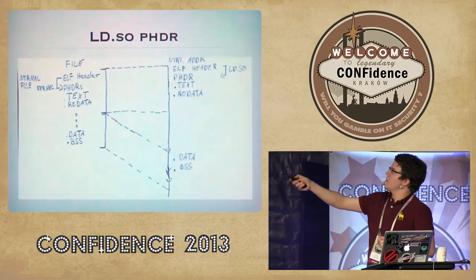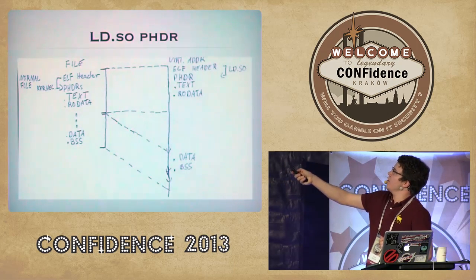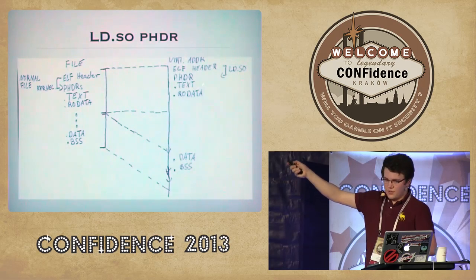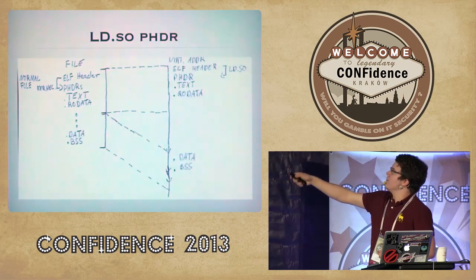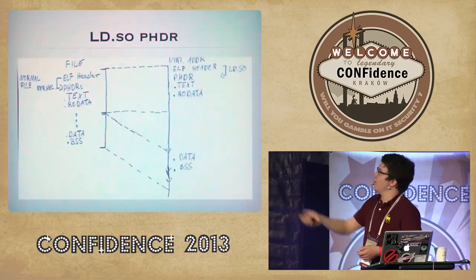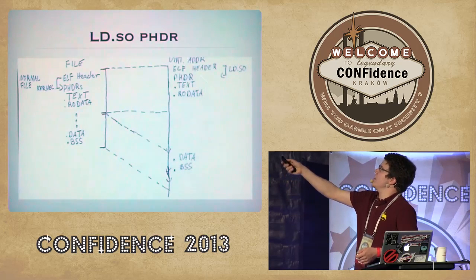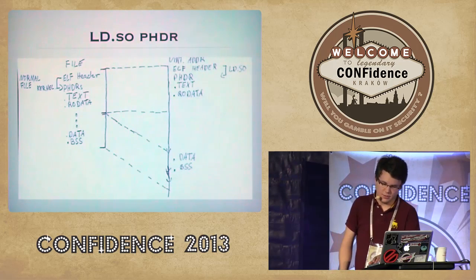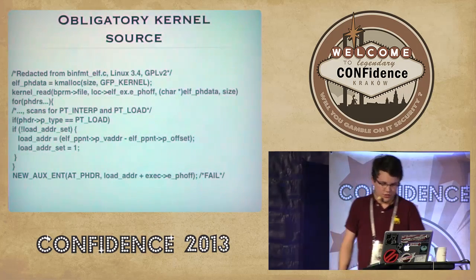The kernel then reads all of the PT_LOAD entries in the program header table and maps various parts of the file first into the virtual address space. The kernel then looks at where the program headers start and sends this offset down to the user space, where the dynamic loader will follow this link and then parse all of the other entries in the program header table. If you actually look at the source code of this,